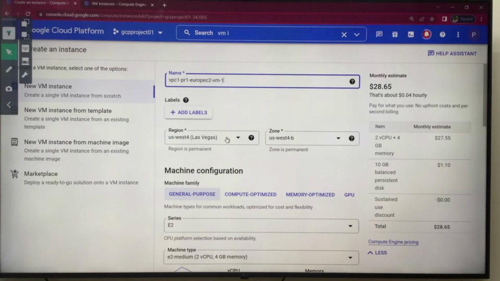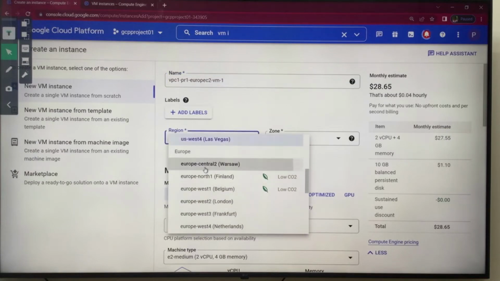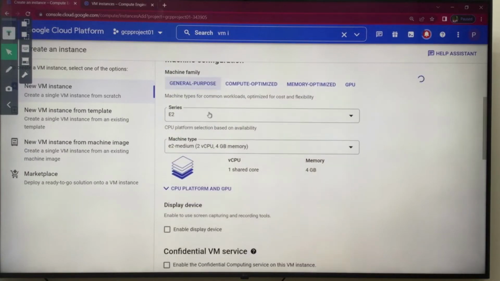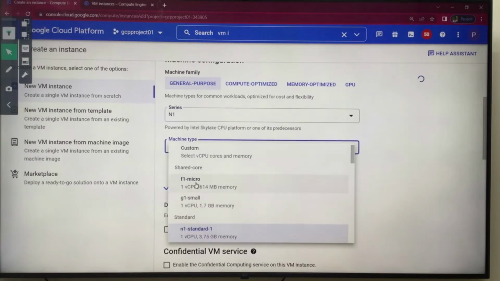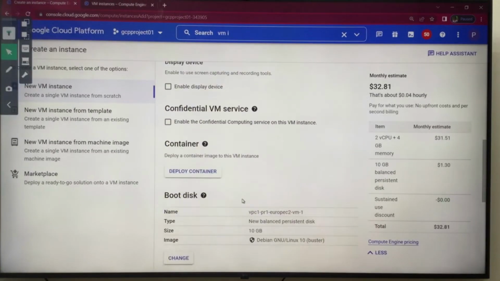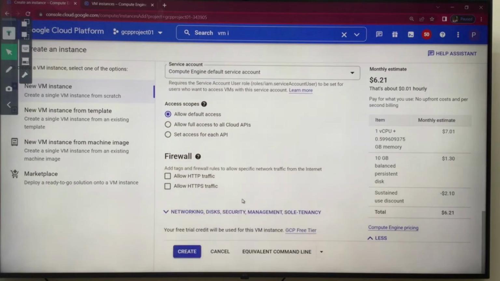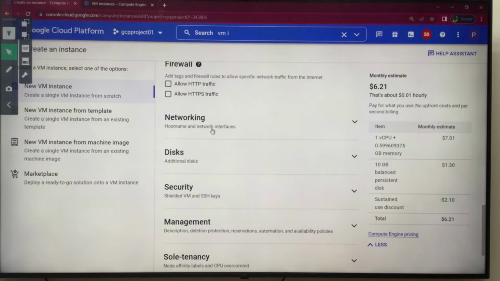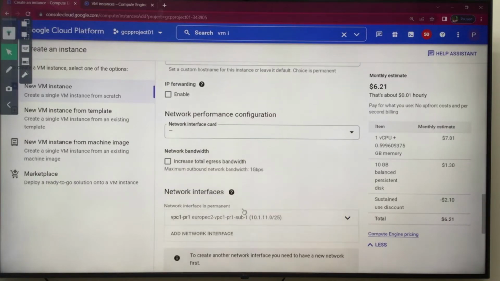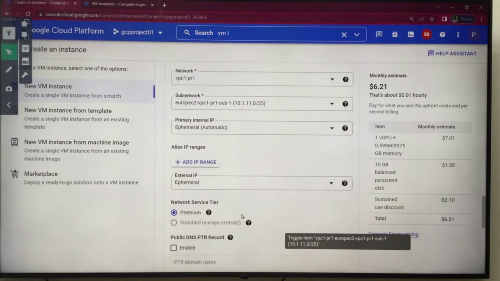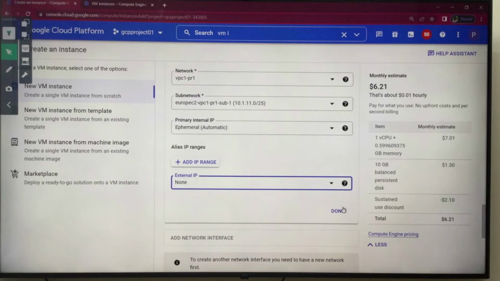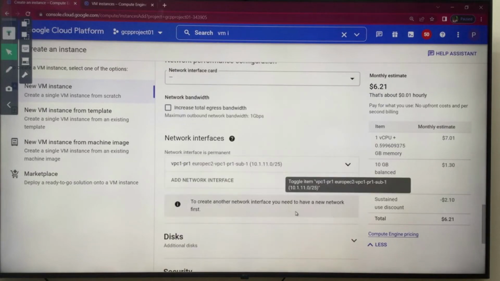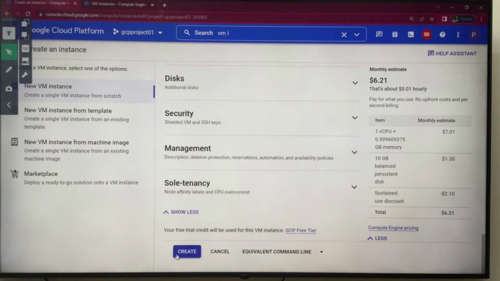Select Europe Central 2, series N1, machine type F1. Go to the network settings, and there you can change to none. Perfect. Create.